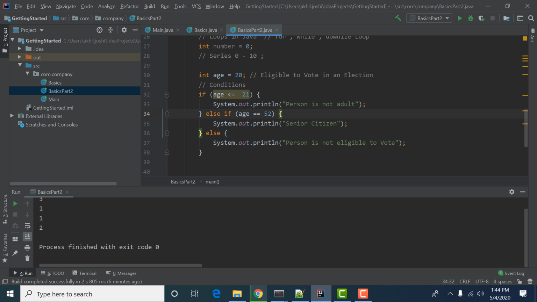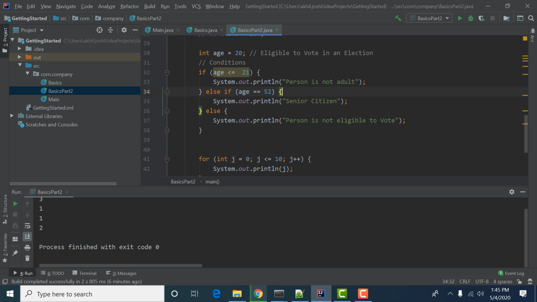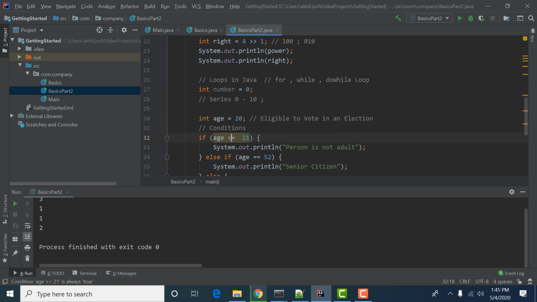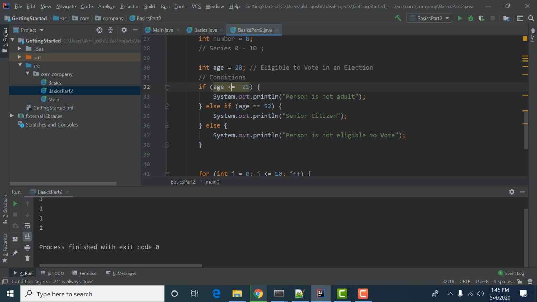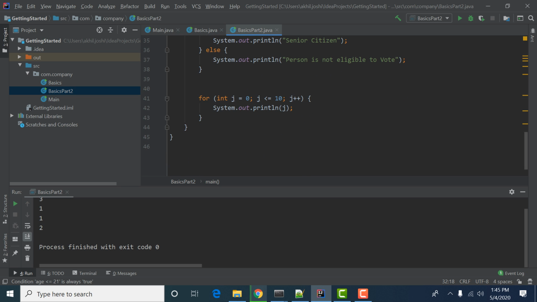He's a child or kid. Okay. So these are conditions, plus we have covered the conditional statements and conditional operators. Okay, fine. Now we are getting to for loop.